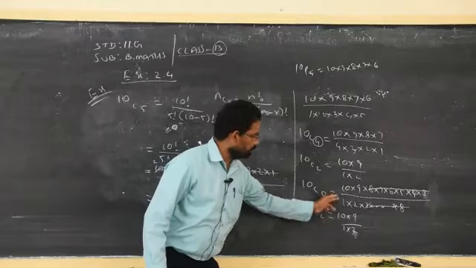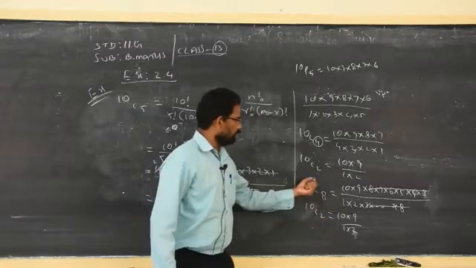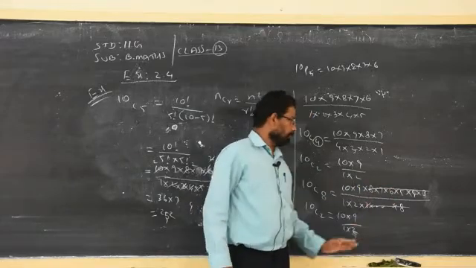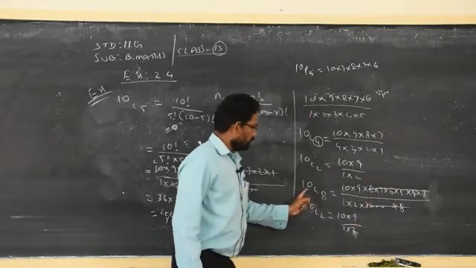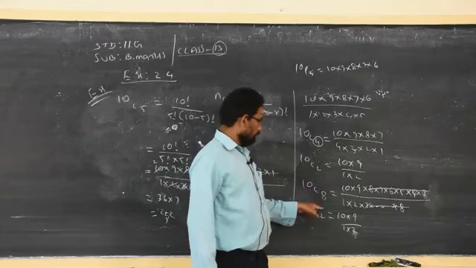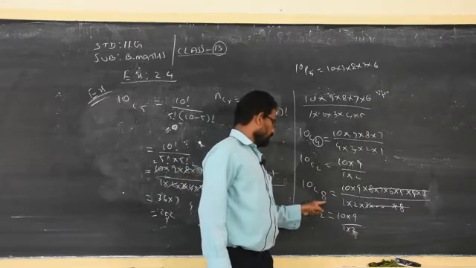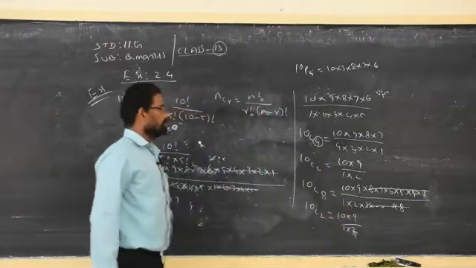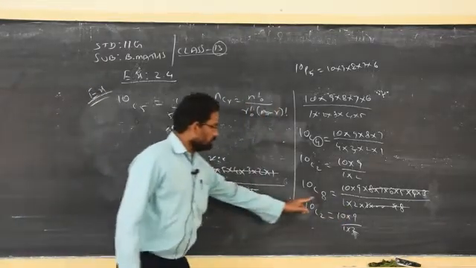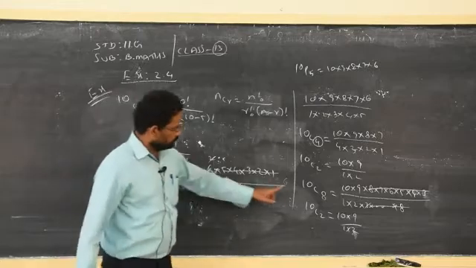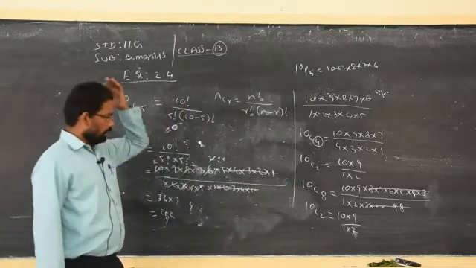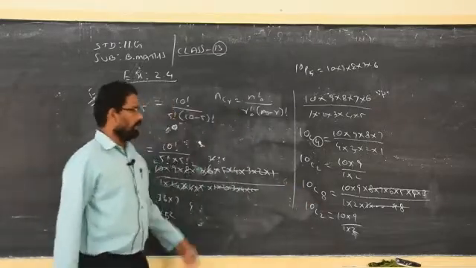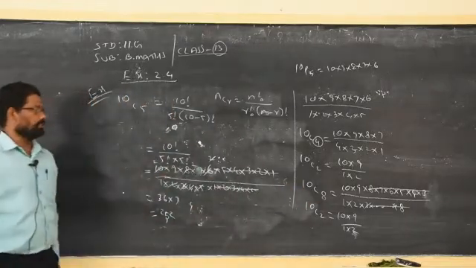See, compare these two. For 10C8, using the formula I got the longer calculation. When I apply the technique available in combination, that is 10 minus 8 is 2, 10C2, I got the same answer. So in combination, when the suffix is very close to the total number, the total availability in a particular event, then you can subtract these two and simplify, you will get the same answer.